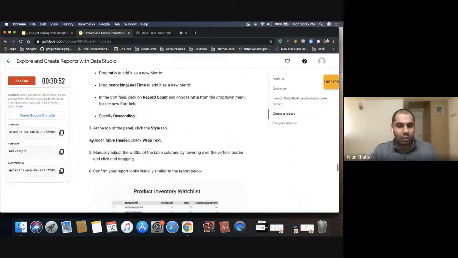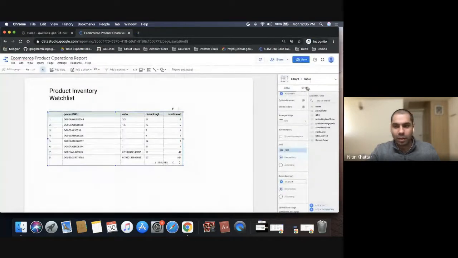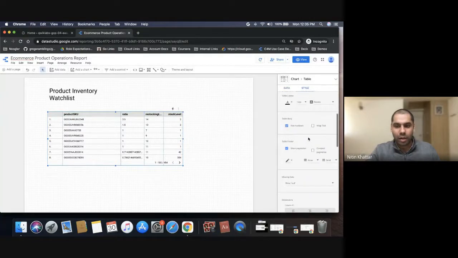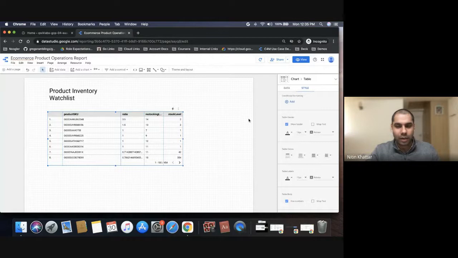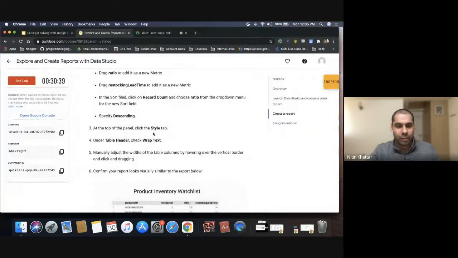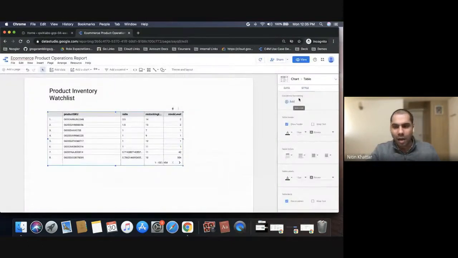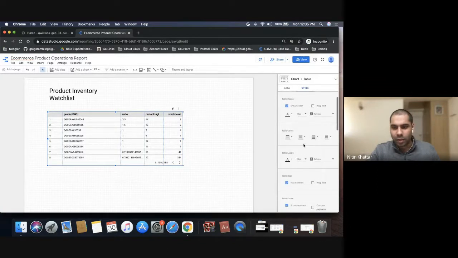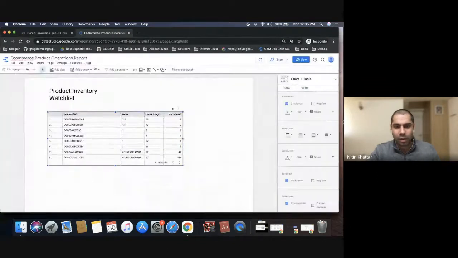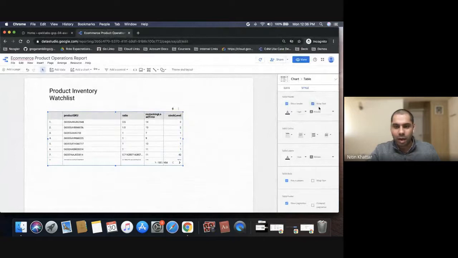And then now let's look at the styling part of it. We'll click on the style tab. So this is the style tab. If you look at it, it will help you do any styling of this entire dashboard or chart. Particularly under table header, we can do a lot of these customizations. You can wrap the text. I think the text is not wrapped right now. So we can simply, under the table header, say tab. Yeah. So you can do a lot of these customizations.